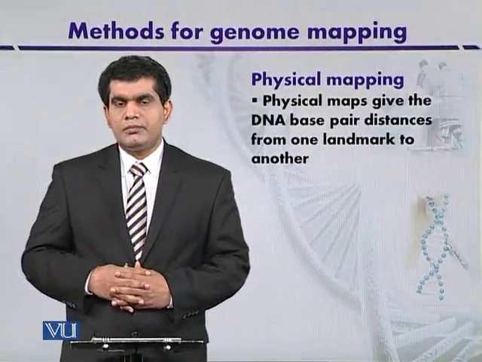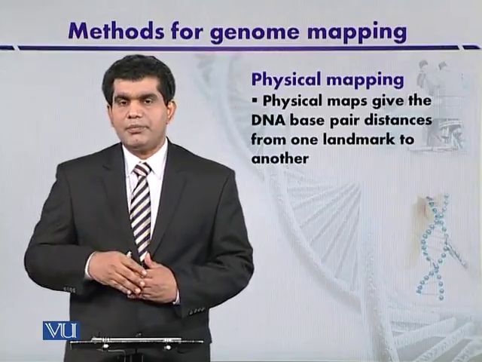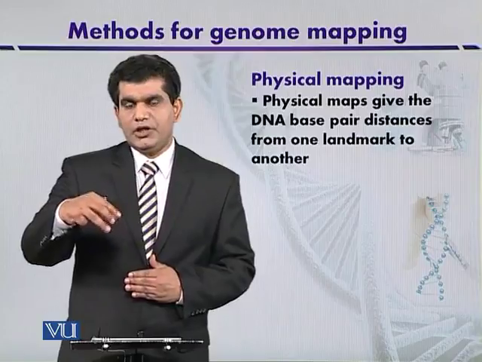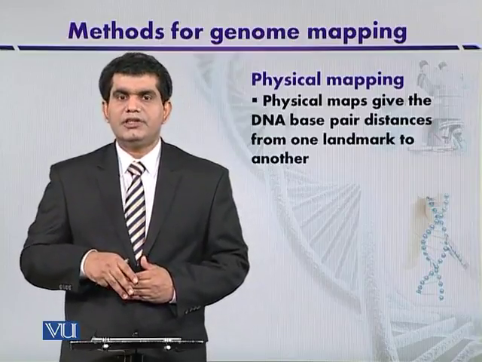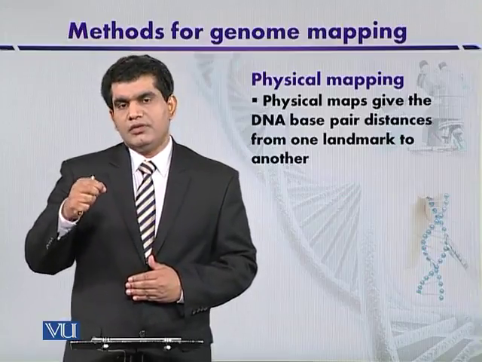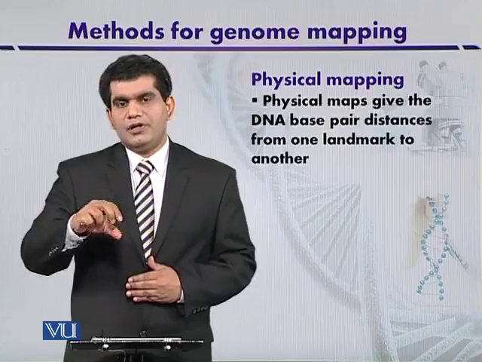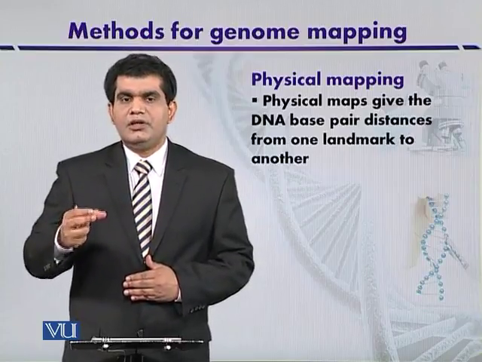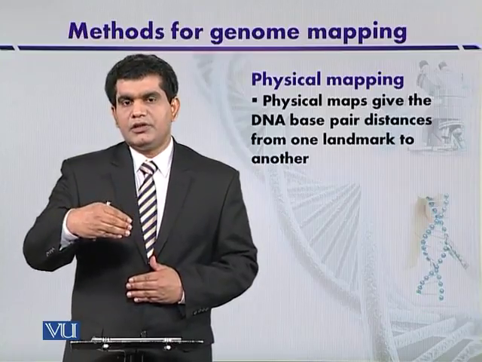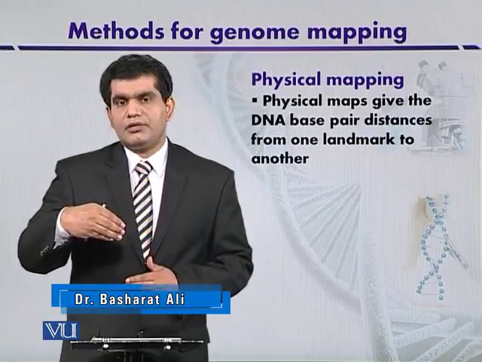Physical maps. As in the previous topic, we discussed that in case of genetic linkage mapping, the exact location of the genes cannot be pointed out. But on the other hand, this is not the situation for physical maps, because they can pinpoint the physical location of the genes as well as the genetic distances between the different landmarks. So on the basis of the number of nucleotides, it can pinpoint how one genetic marker is separated